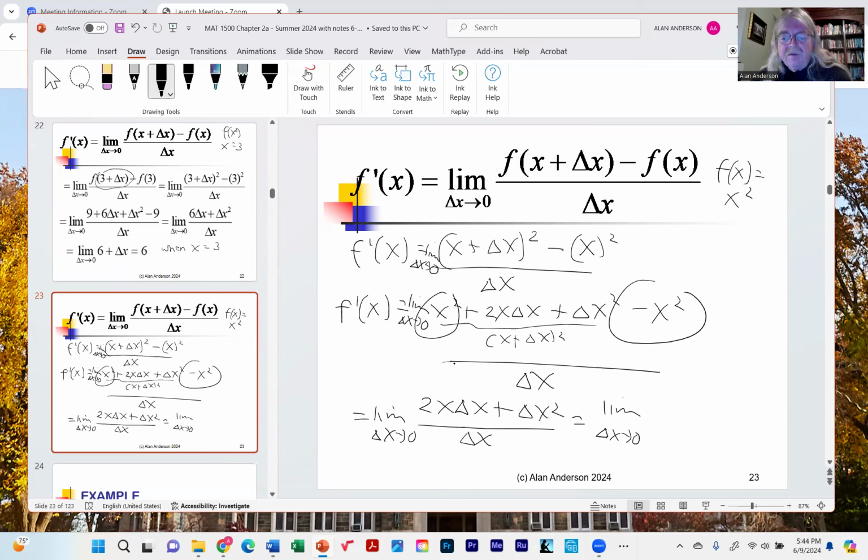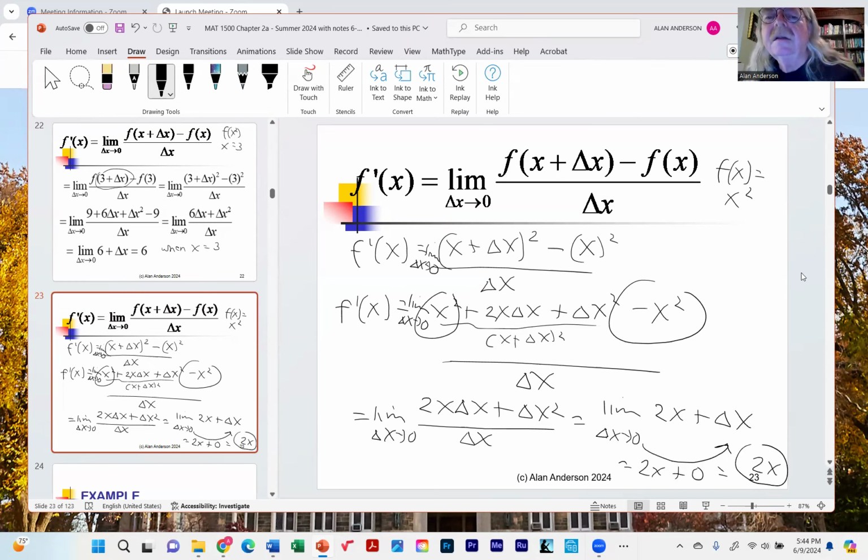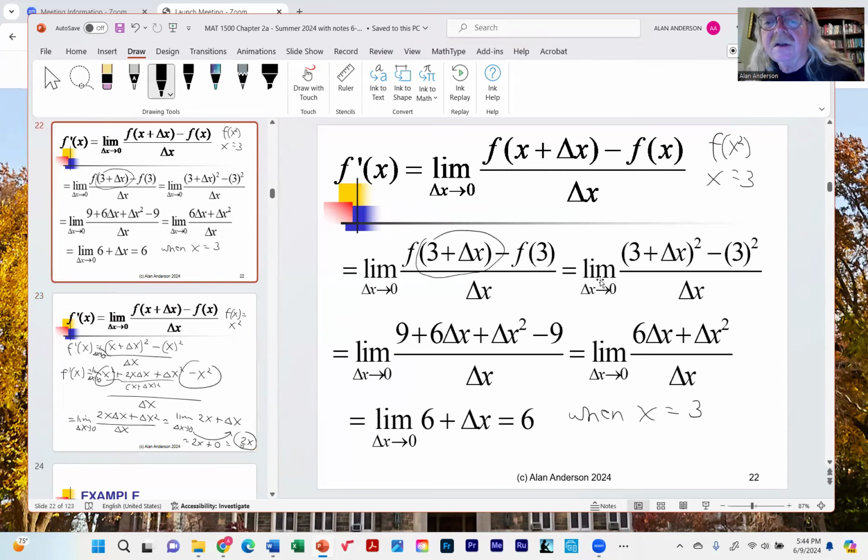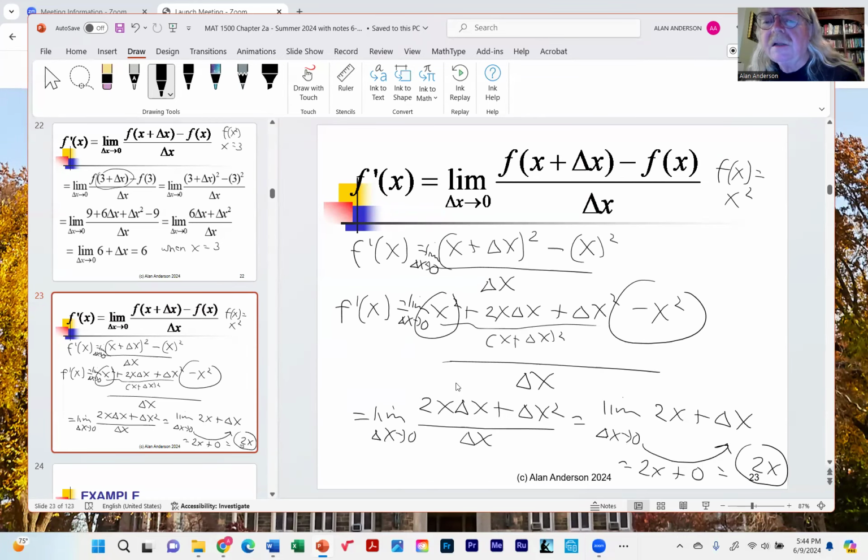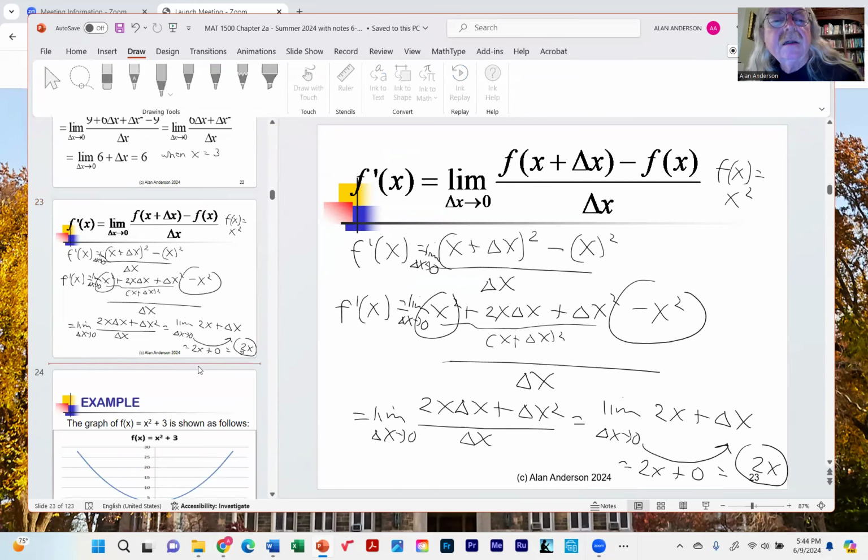If you notice, there's a common factor here, so we're left with 2x plus delta x. And now we're taking a limit, which means we replace this delta x with 0. So in other words, what I've just done is not use a specific constant 3 like I did here. And so what this is telling me is that no matter where I am on this curve,